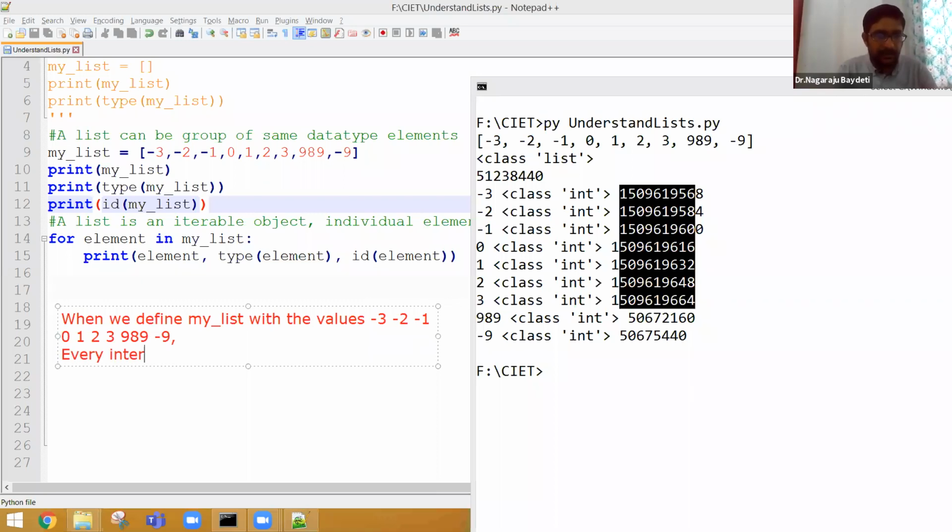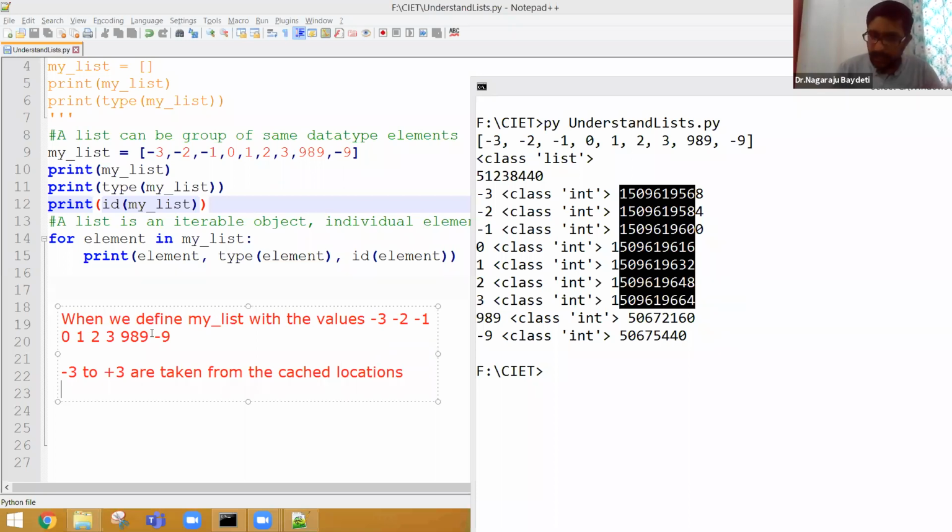Every integer takes 16 bytes individually. Correct. So -3 to +3 are taken from the cached locations.